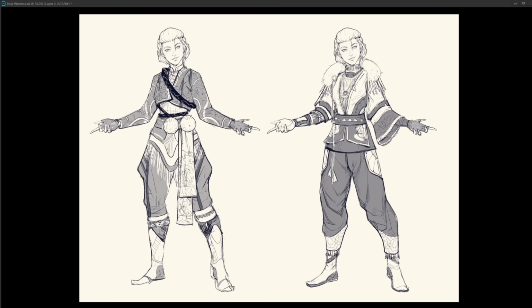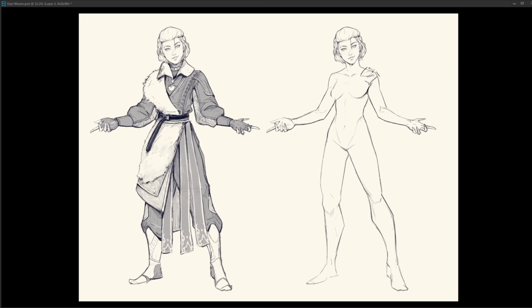And then if you look at everything above, there's a lot more contrast in the value distribution, which serves to draw the viewer's eye. And it would also do you good to ask yourself, what is this character about? What is important to this character? So for example, if I was designing a character that was all about their legs, as in they kicked a lot, or their power came from their legs or something like that, then you would maybe flip this idea and have the detail in the legs, whereas the torso is a lot more barren.